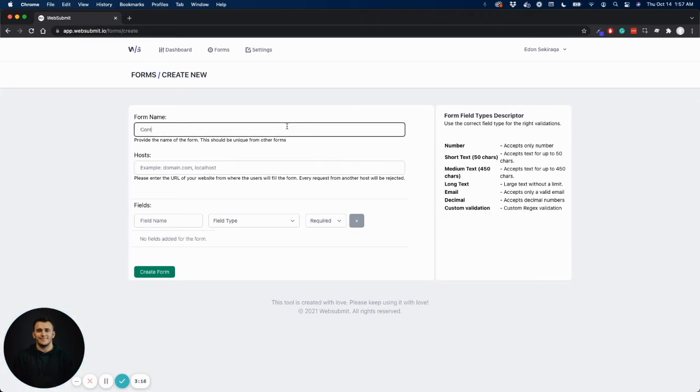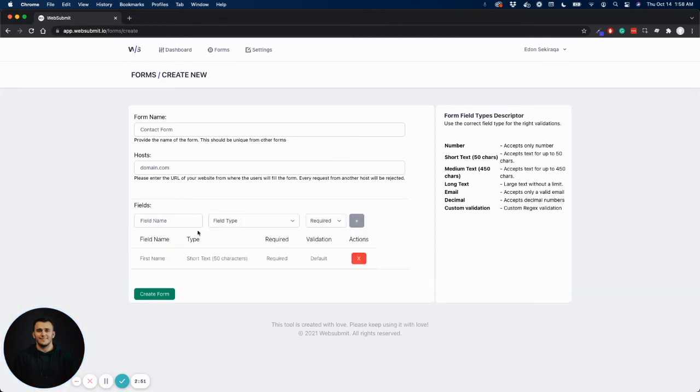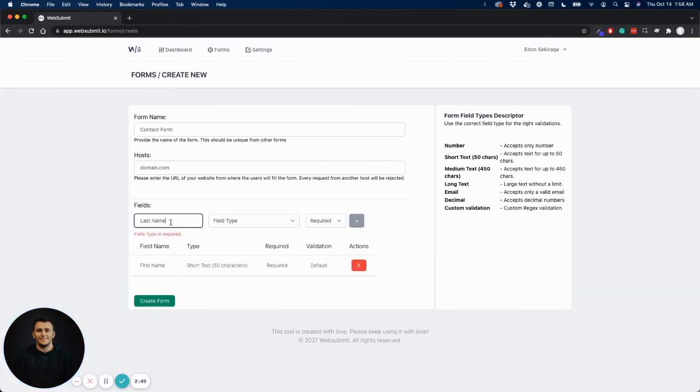Let's say this is the contact form, and this form is going to be submitted from domain.com. This is used to authorize your request, and when someone else tries to submit the form from another referrer, WebSubmit stops that. Now we need from the customers the first name, where they want to contact us, the last name,